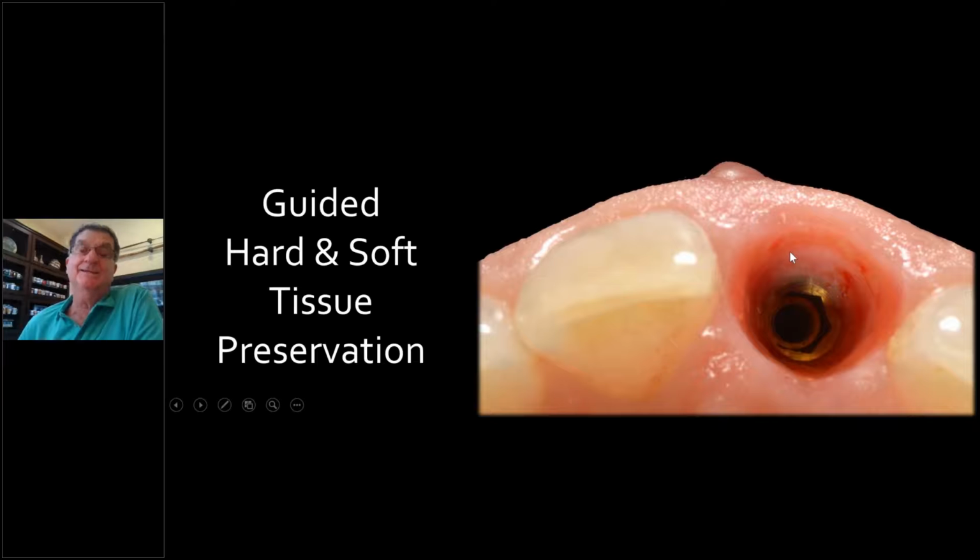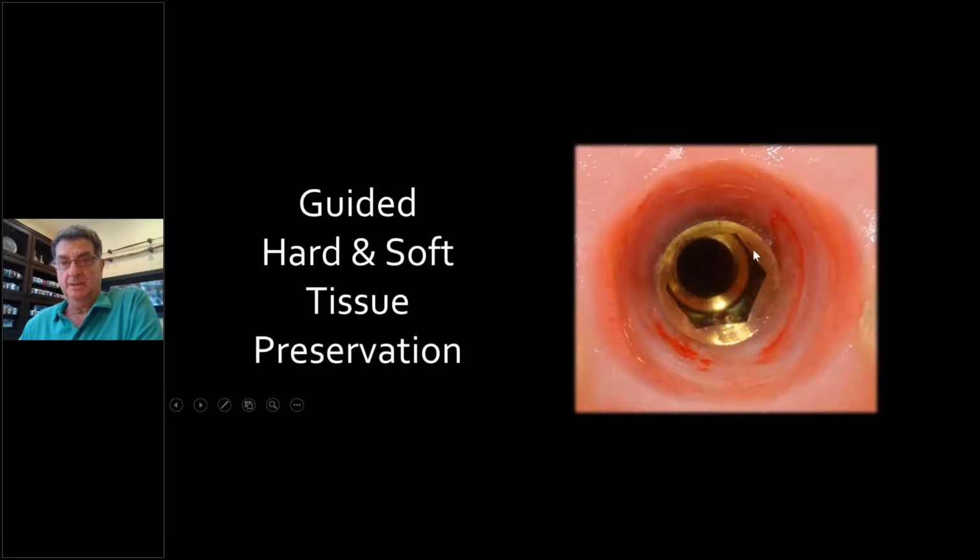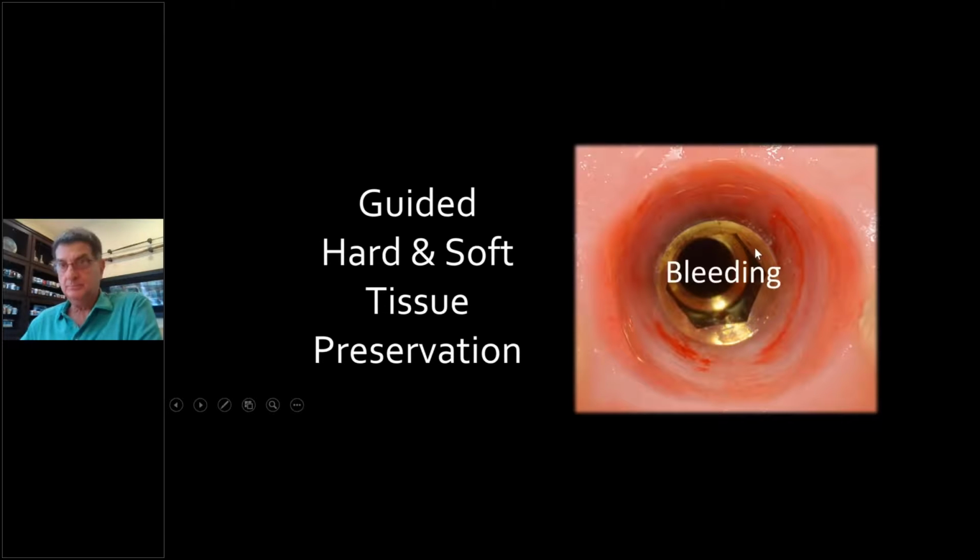Epithelium can adhere to any clean surface. It can adhere to titanium. It can adhere to ceramic. It can adhere to acrylic. And so when you have a fresh piece of acrylic in here, you actually get this bleeding. It's really the junctional epithelium on the temporary, and it allows this beautiful tissue to heal. Look at the thickness. So this is what it looks like. The bleeding is actually good the first time you take it off.